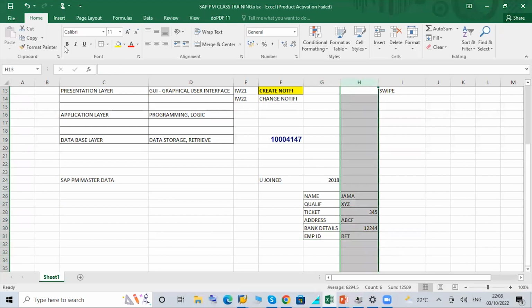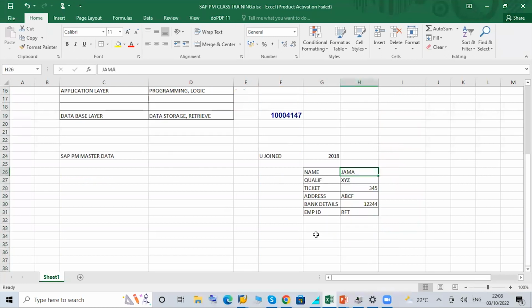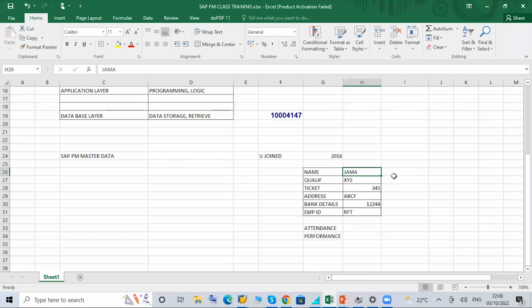With these details, I can search with this ID. I can track your attendance, and your manager provides your performance based on this unique ID, because many people will have the same name. With your employee ID, you can track your attendance and performance, all those things. Now these details that you provide to the HR,